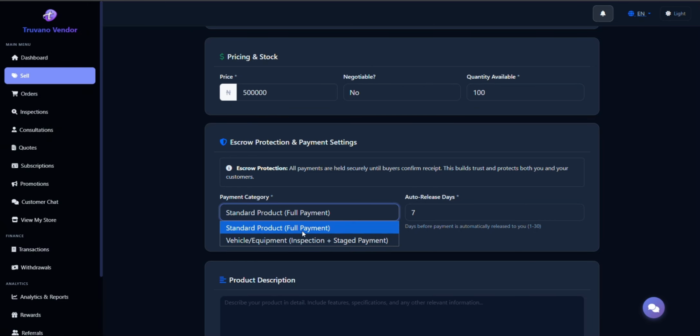These standard product payments are for those that are posting things like phones, gadgets, electronics, books, things that can be paid for and bought, that you don't need to inspect, where you can expect it when it's being delivered. Because vehicles are expensive, these are high-value items, millions of naira, so you won't be able to pay this amount immediately on the platform. So you'll be requested to pay only the inspection fee, and that inspection fee will be deducted from